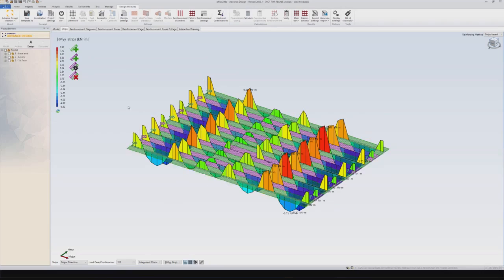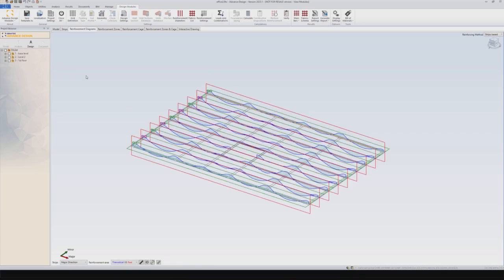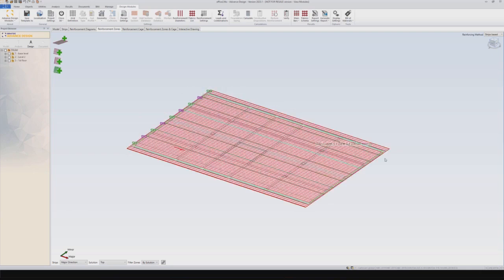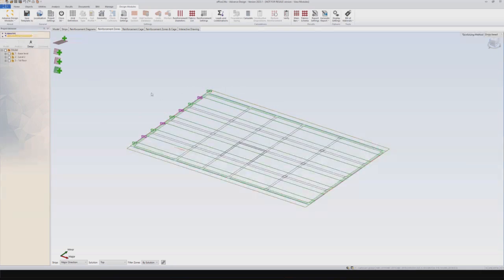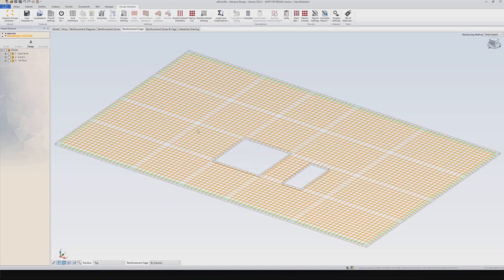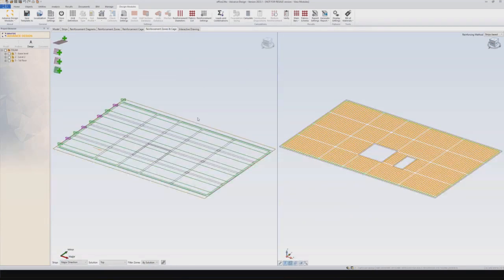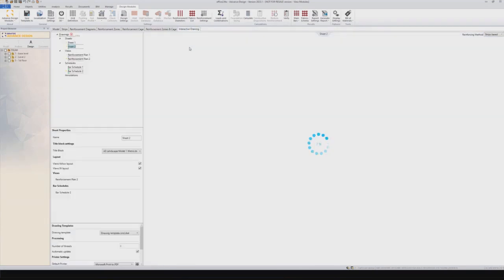So here we can see the reinforcement diagram. So the required and theoretical and real ones. You can check your reinforcement zones. So if you want to define extra zones for your reinforcement, you can define them from here. So by default, it's going to be covering all of the slab, but using this tool, you can actually add extra layers, etc. We have the reinforcement cage displayed here, zones and cage here, and finally, here, as you see, we can access our drawings. So this is going to be the drawing